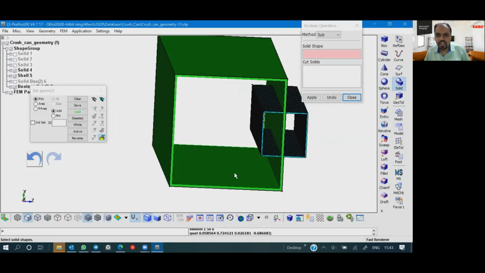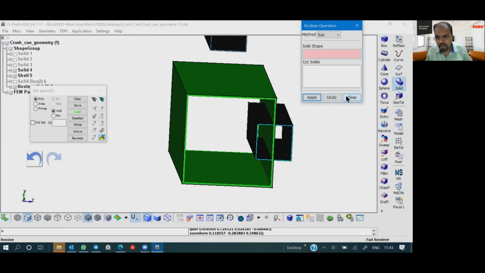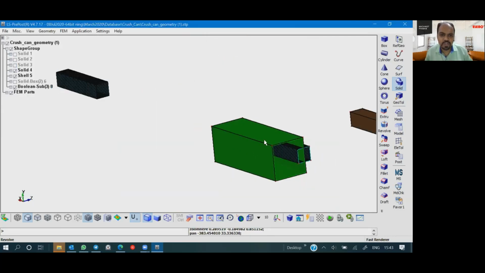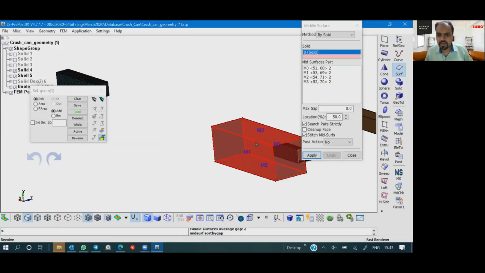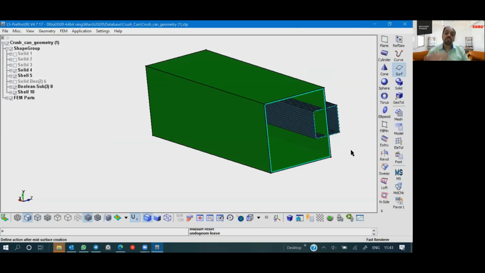Guys, you got the 2 millimeter thick 300 by 300 by 100 by 100 block. I click on apply and I will click on close. Okay, so I got the similar type of a shape. You can extract mid surface now. Go to geometry, surface, mid surface, and then you can just click on mid surface here. You can get an easy mid surface. Click on apply, click on close, generate a mesh on the mid surface, assign the thickness as I told you, and see whether you can check the thickness assigned is correct or not.